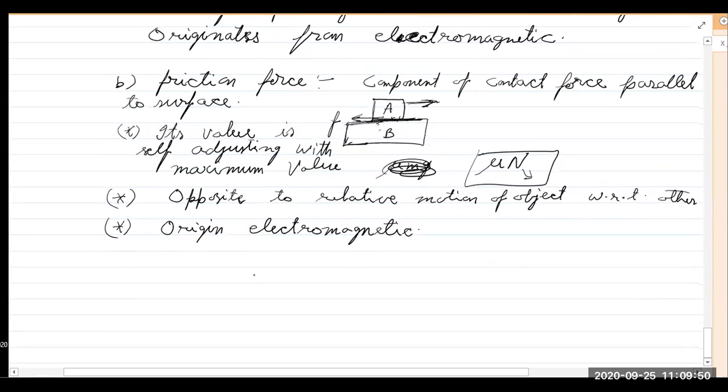The last force which we will discuss is the last force which